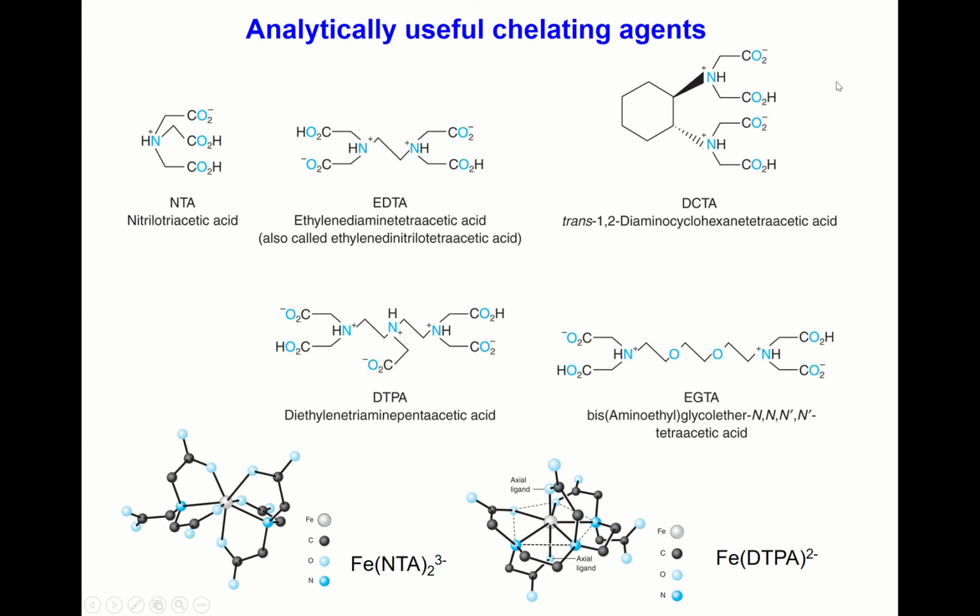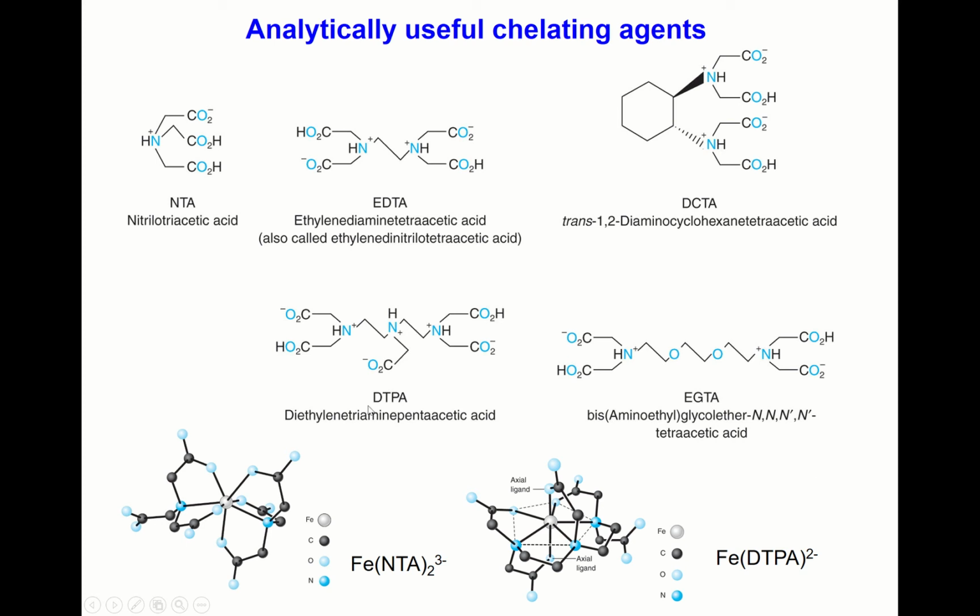Okay, now let's consider which chelating agents are used for analytical purposes. Deoxyperidoxime is very useful, but it's too expensive. So practically speaking, one must synthesize other chelating agents for metal ion determination. There are many types, and you can synthesize any chelating agent. There are numerous chelating agents, but practically, we can name